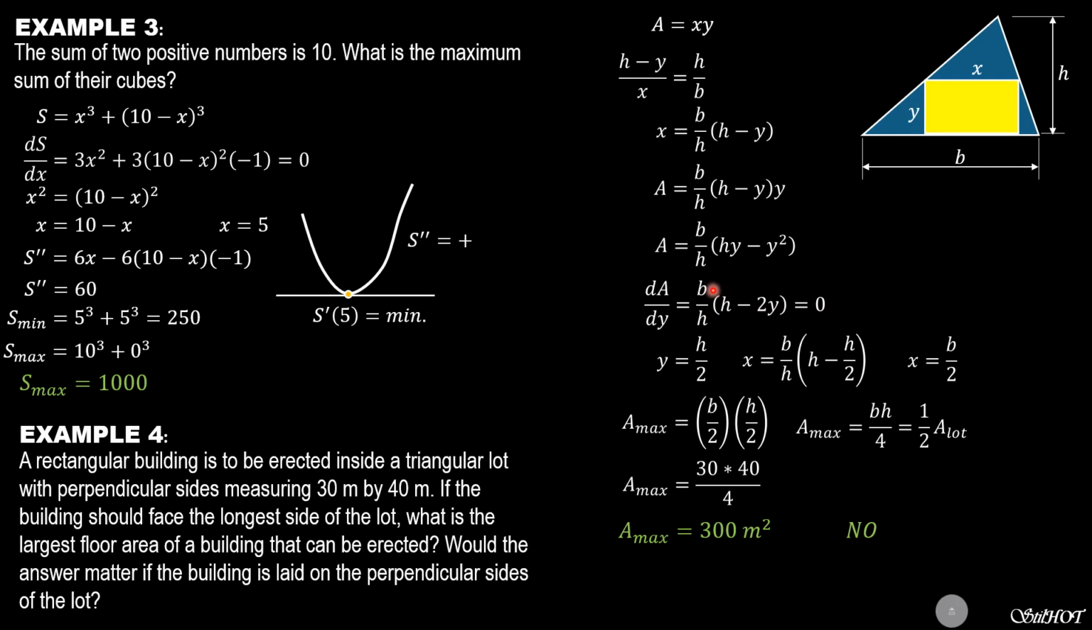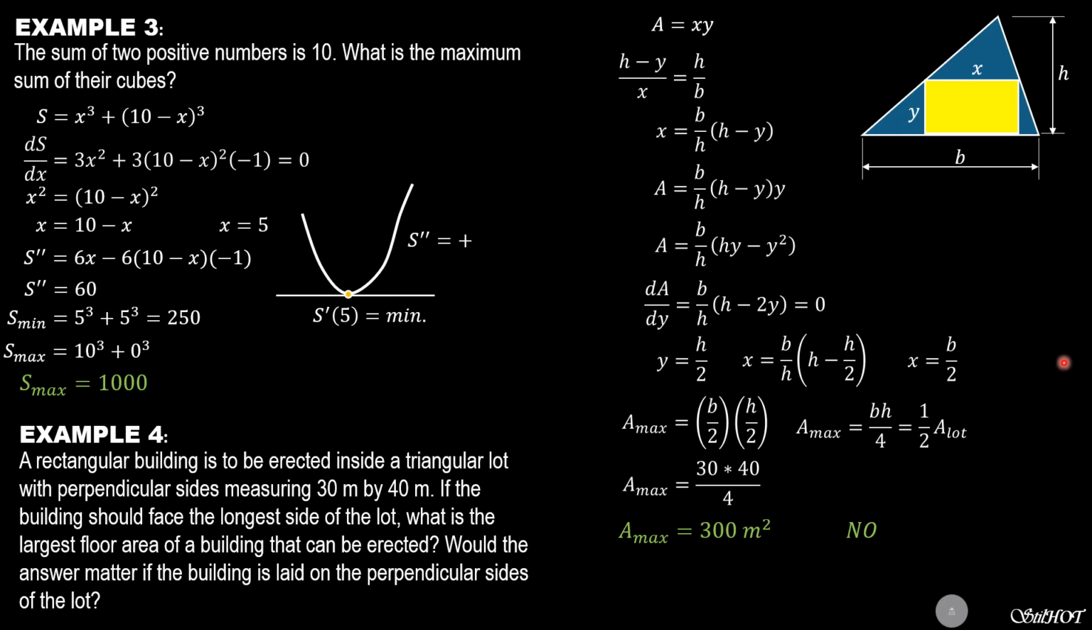0 times h over b is still 0. So that means h minus 2y equals 0. So y is h over 2. If y is h over 2 in this equation, b over h quantity h minus h over 2, so x is b over 2. So the dimensions of the rectangular building of greatest area that can be inscribed in a triangular lot is correspondingly